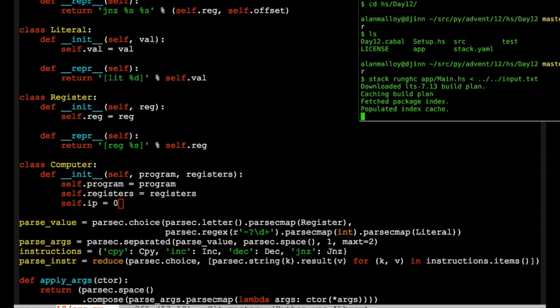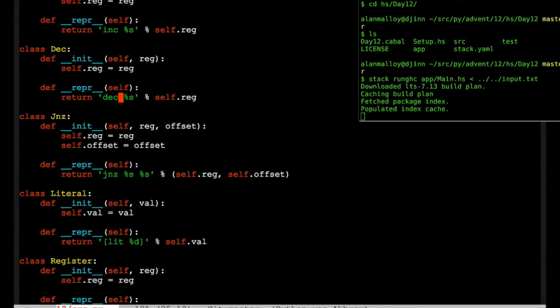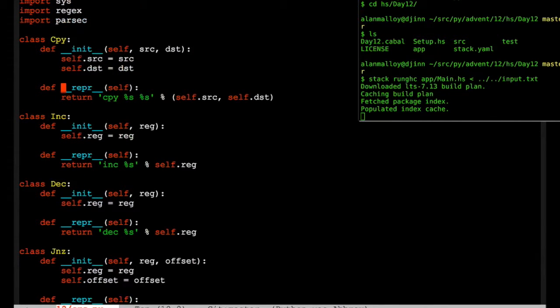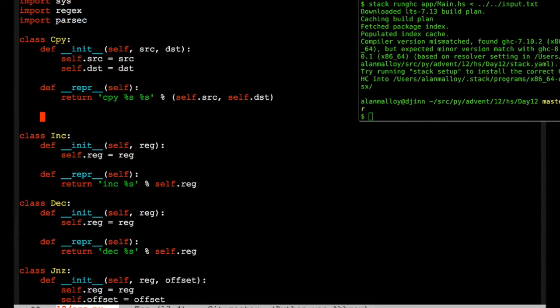Maybe we would want that passed in as an argument. I don't know. But the idea is that each of these instructions is going to have an apply method which takes as an argument a computer and modifies the computer's state accordingly. So let's do copy. That should be pretty easy. Def apply self computer